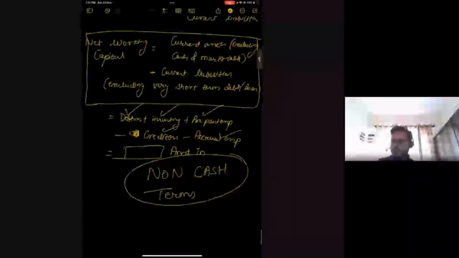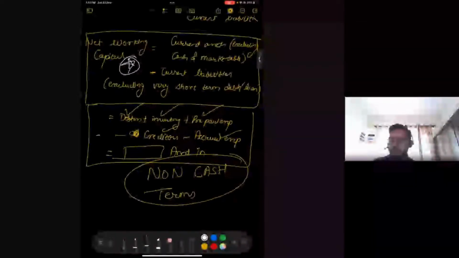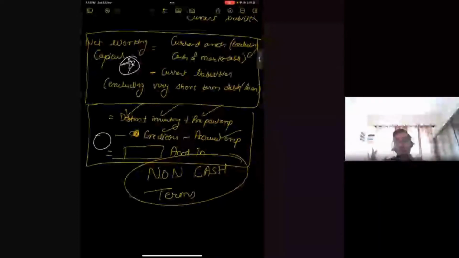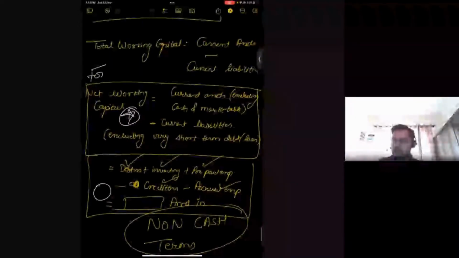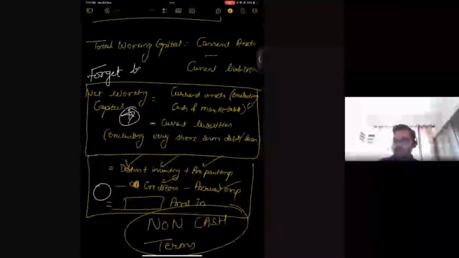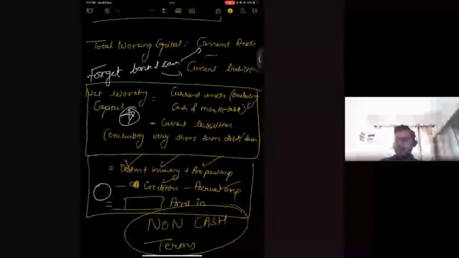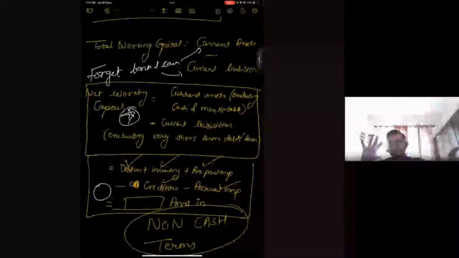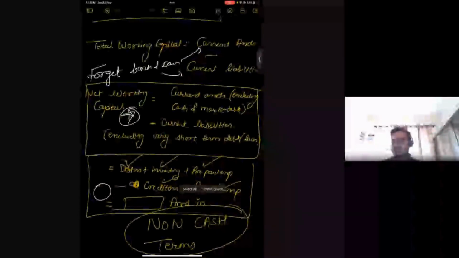So note down these two formulas. This one is the right formula. This is just an abbreviation to understand what this formula means and how it's applicable. That gives you net working capital. The idea behind gross and net working capital is just that: forget bank and cash, both in your assets and in your liabilities. Whatever loan you've taken from the bank for a short term, forget it. Whatever amount is there in your bank, just forget it. Forget these two things, and now tell me what is the overall amount that's gotten stuck within the business. That basically tells you this.